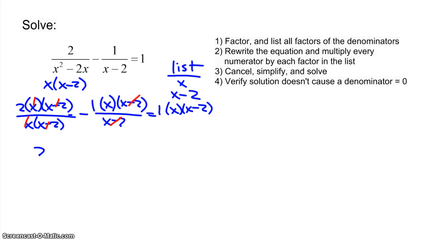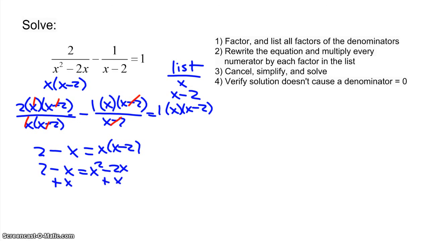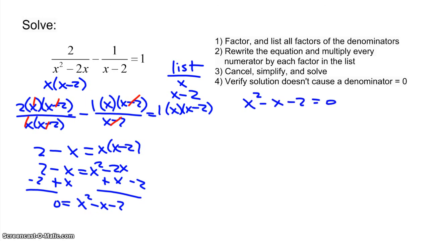I'm left with 2 minus x equals x times x minus 2, which is 2 minus x equals x squared minus 2x. And if I add an x and I subtract a 2, I'll get x squared minus x minus 2 equals 0. Let's continue over here. X squared minus x minus 2 equals 0 if,